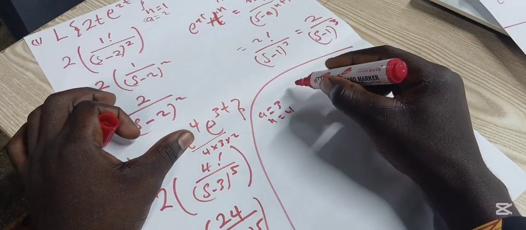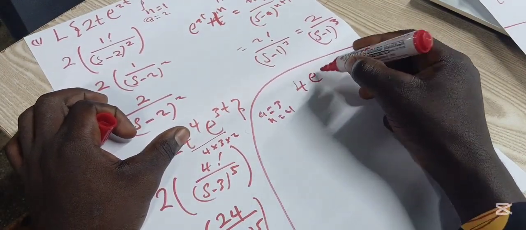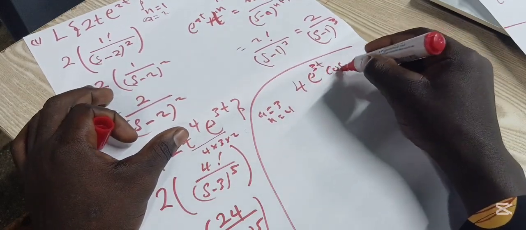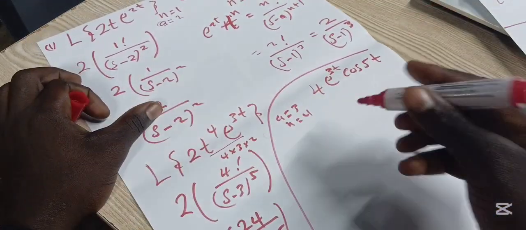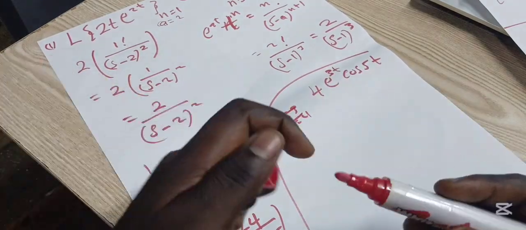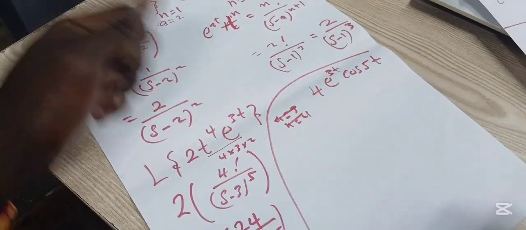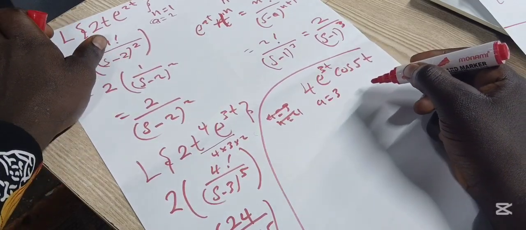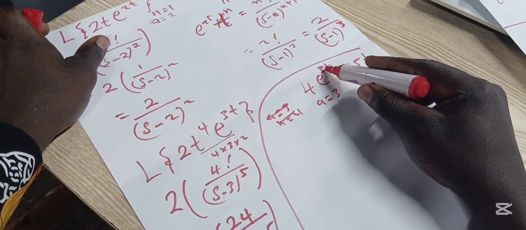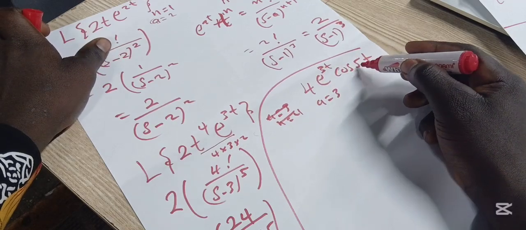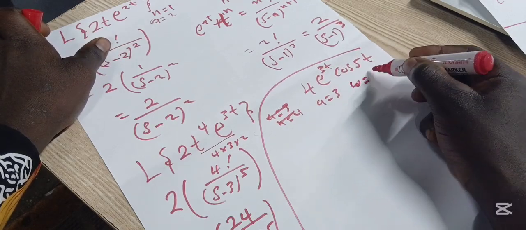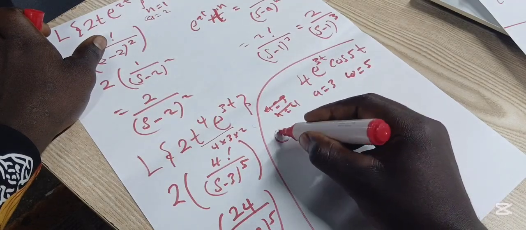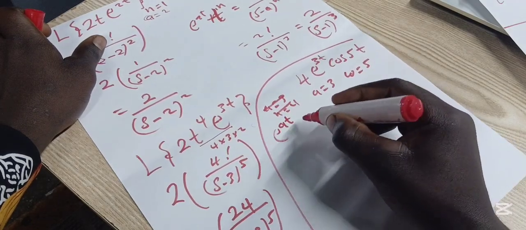Find the Laplace transform for 4e to the power 3t cos 5t. With this problem, we have our a to be 3. So our a equals 3, and our a comes from the power of e, and our w, here we're looking at our w, which is 5. We know that the Laplace transform of the form e to the power at